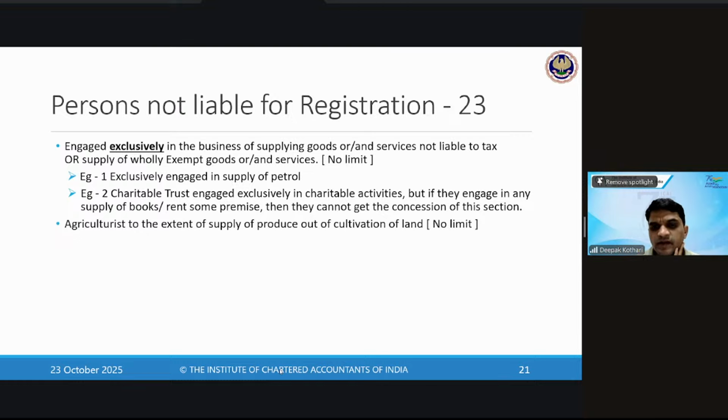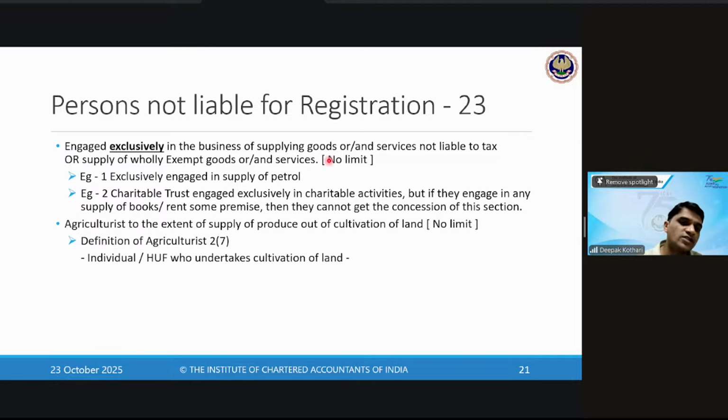So when may some big agriculturist firms register? Yeah, if big agriculturists started, then they may be doing non-agriculturist activities also, right? Because if they're a big firm and they're doing only pure agriculturist activities, then it's fine. But if you see the definition of agriculturist itself, sir, the definition of agriculturist means an individual and HUF. It cannot be a firm or a company.